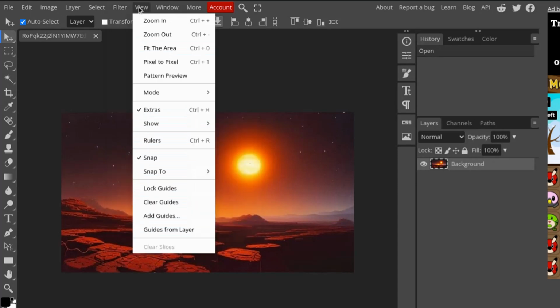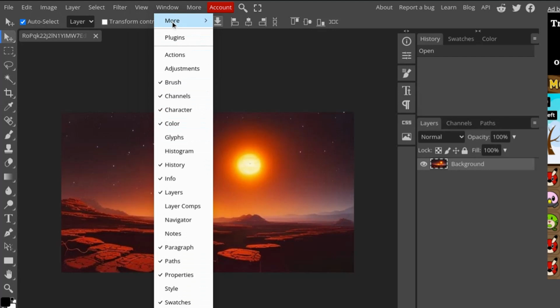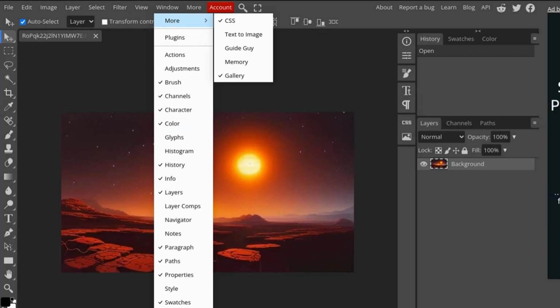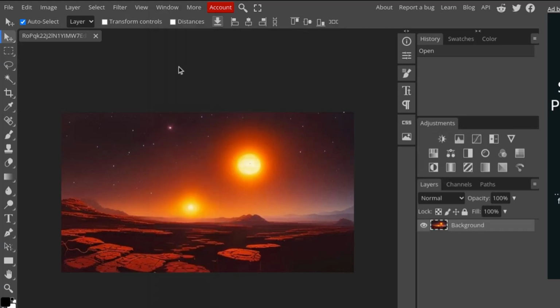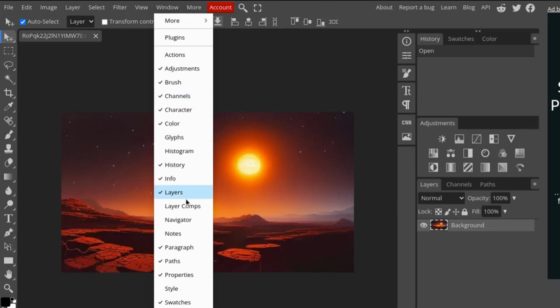That's pretty nice. Here's the view. We can zoom in, zoom out, fit the area, and all the others there. You can turn on or turn off the rulers or even the grid there. On the windows, you notice here you can have different tools which are appearing on the sides here. So I only have some of the tools showing up for this, but you can have more. So if I wanted to go to adjustments, there's the adjustments window there. And it's pretty nice being able to pick and choose which tools or which windows that you have up to